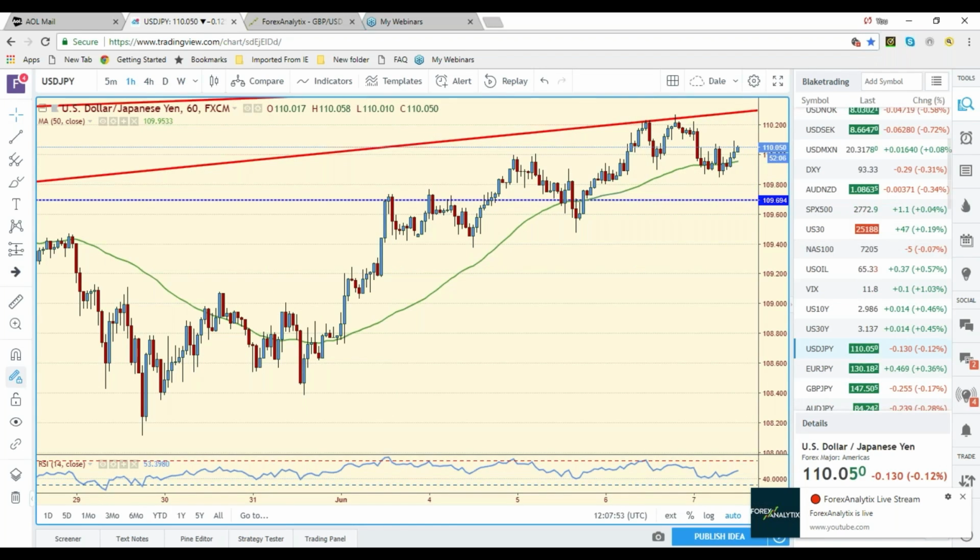Okay, third drive is not 2 mulligans, where if you hit a ground ball off the tee or shank it out of bounds, you get another shot. Third drives are technical formations I learned from J.R. Hill in the 70s. So perhaps we get another push up here, and the third would be a fractal of the bigger picture 3. So any rallies back up here to challenge it, this may have been enough glaring divergence, but you can't rule it out that we're going to give it another shot up towards a little bit above